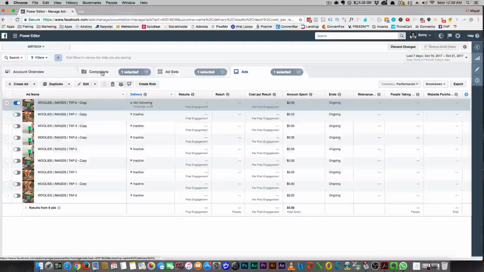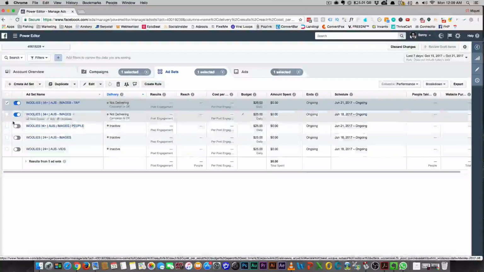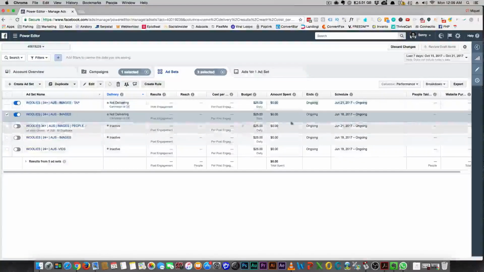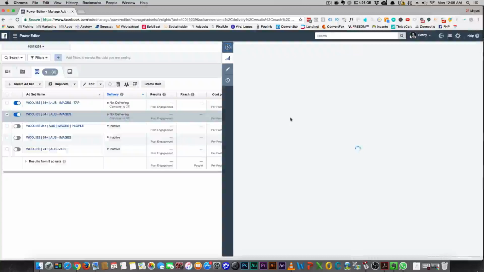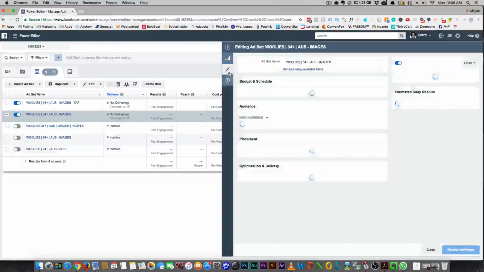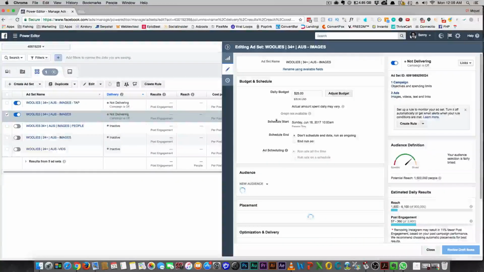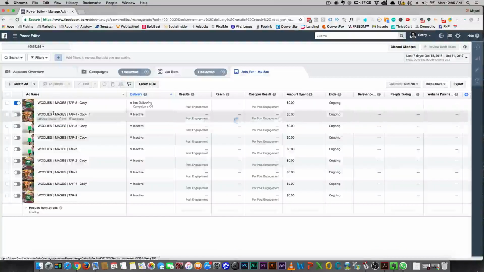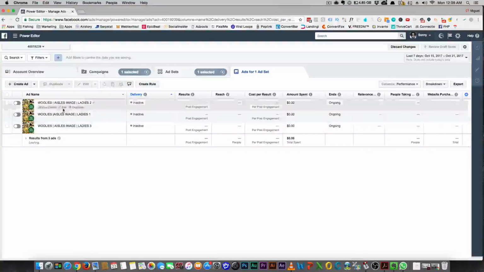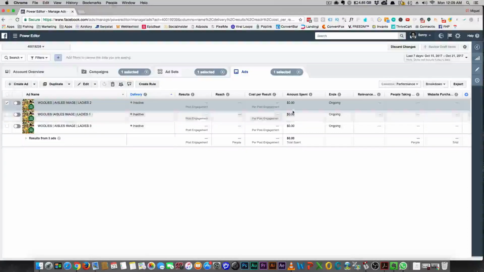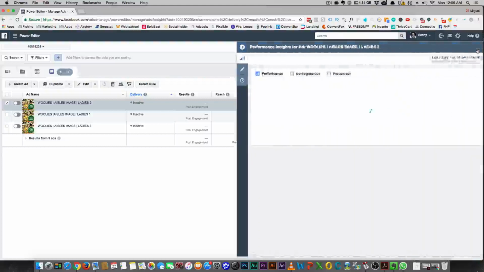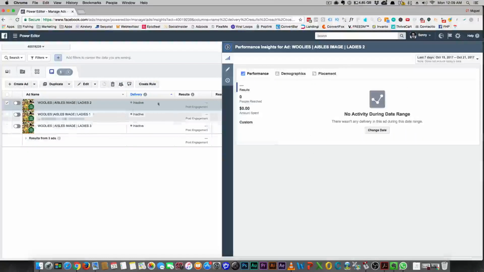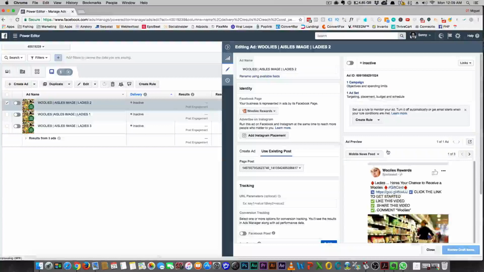And I had different ad sets, right? So here's several different ad sets. So let me show you the different images that I tried. So this right here will show you the different ad sets and the different things that I tried, and the different demographics that I tried as well, right? So wait a minute, that's the same one. Let's see here. So this was a totally different one, and this one just said ladies who want a gift card, I believe, right? So I'll show you what that ad looked like really quickly.